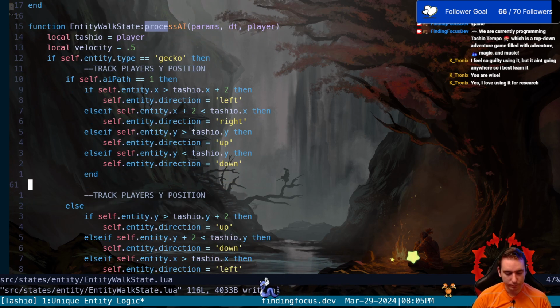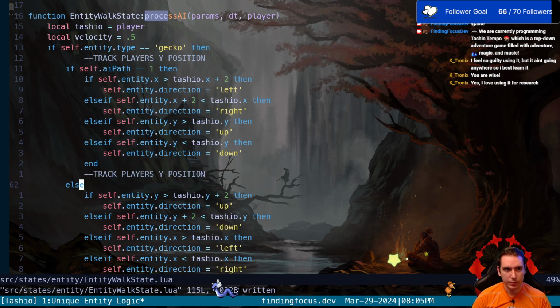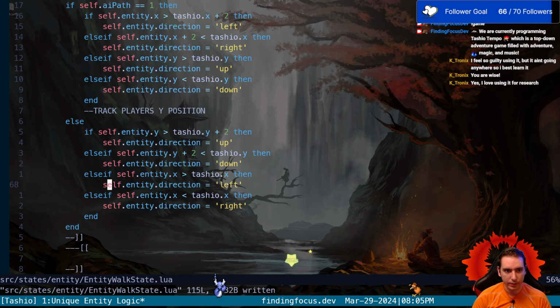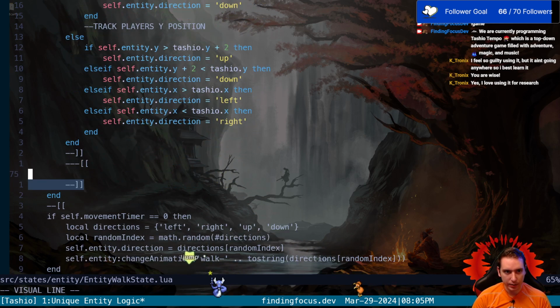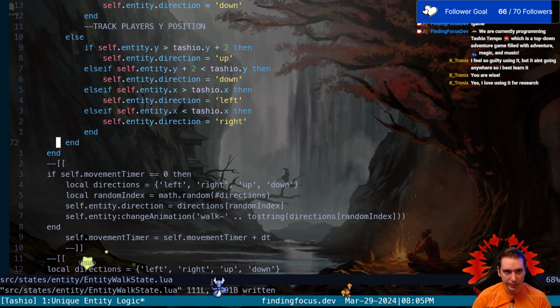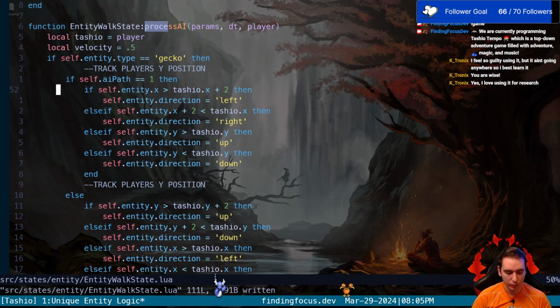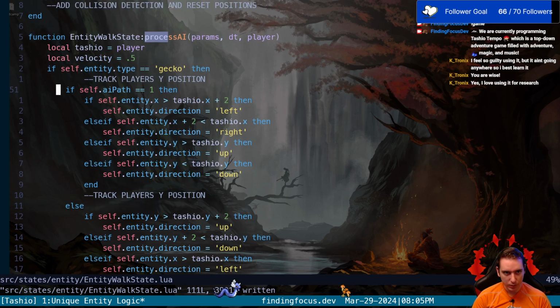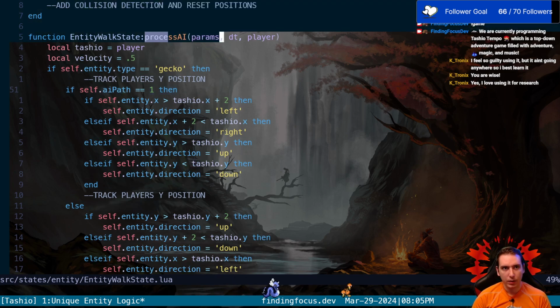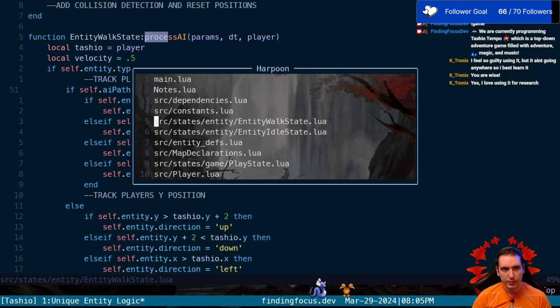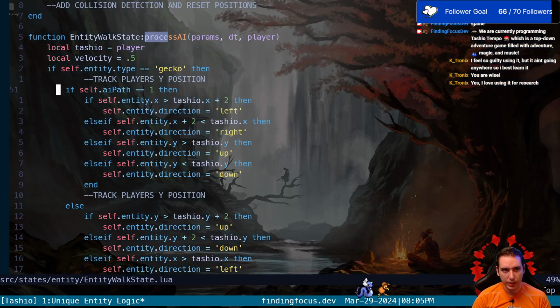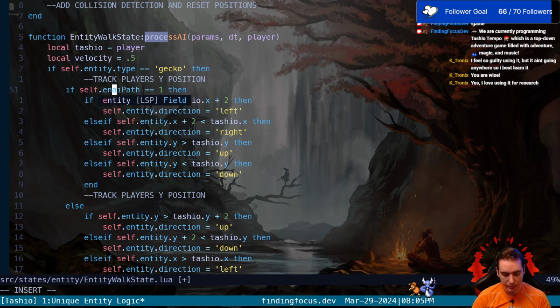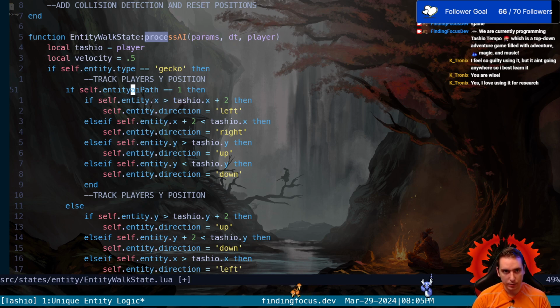Okay. So if self aiPath is 1, we're going to go ahead and have them track our X position before getting closer on the Y. So now we just need to give our entity a dot, and it's actually not self because we're in our walk state. So we need to go into the entity that we passed for this walk state, entity dot